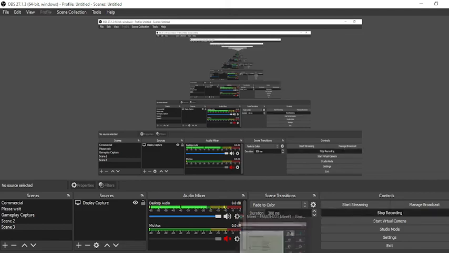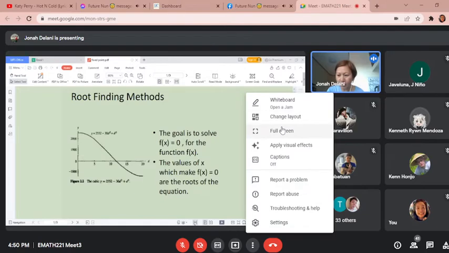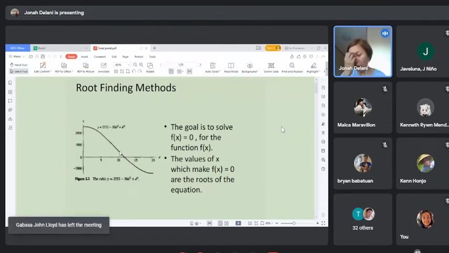So anyway, we will have just an introductory for the root finding method, and then we will have the one method that we will discuss. For this method, the goal of root finding is actually to solve for the root. If we can remember our algebra,